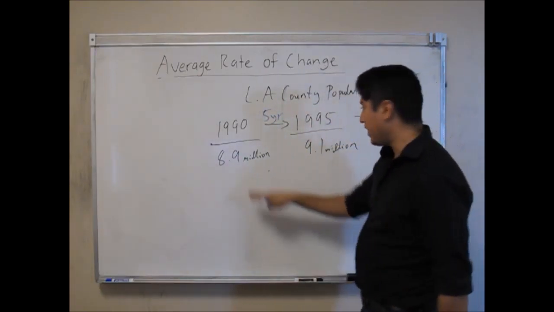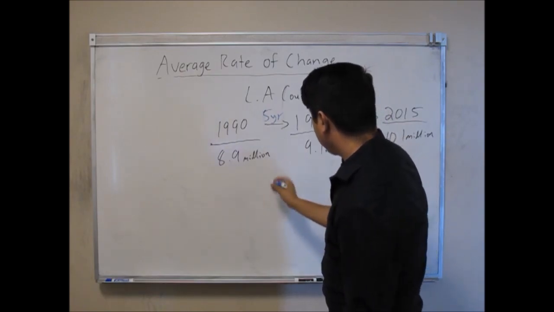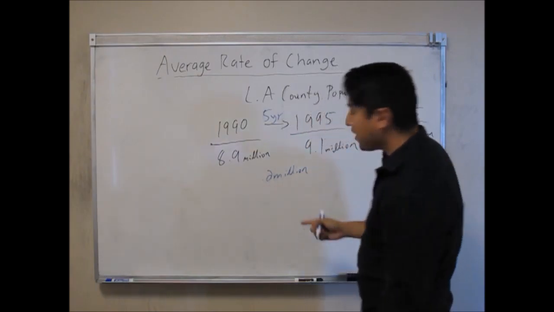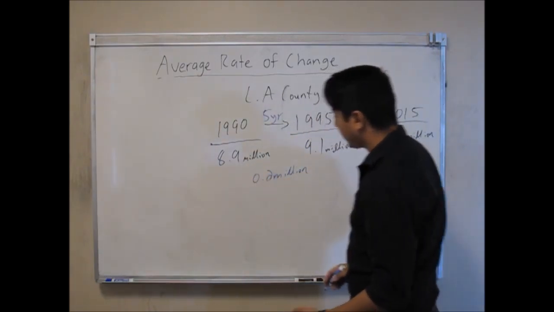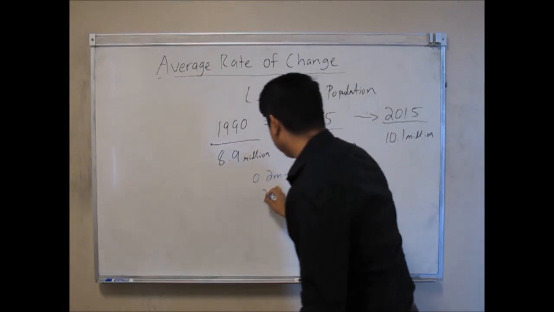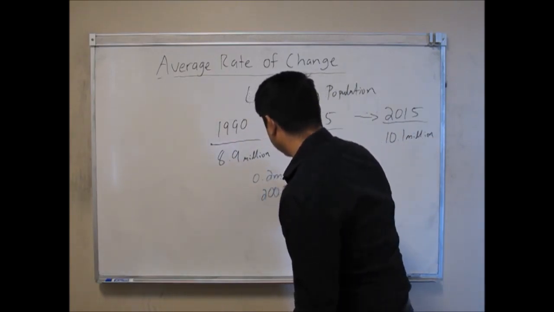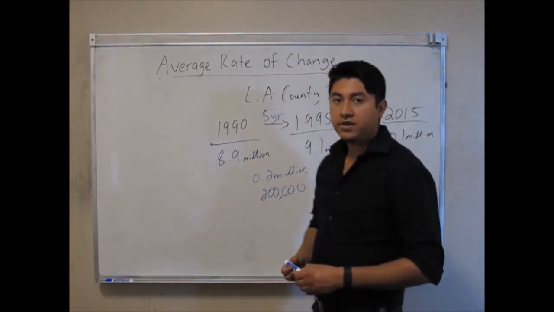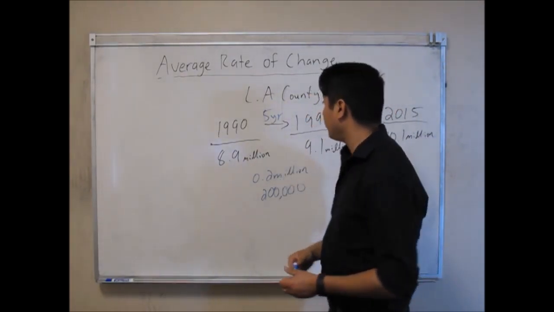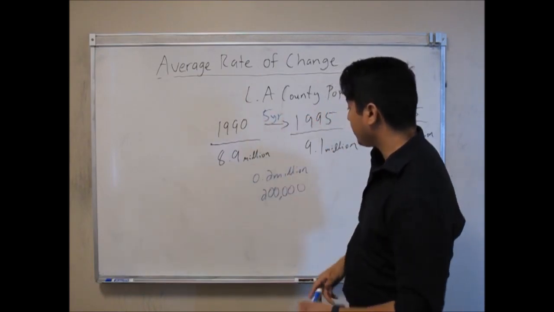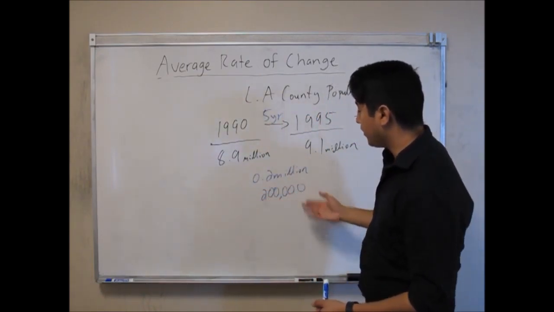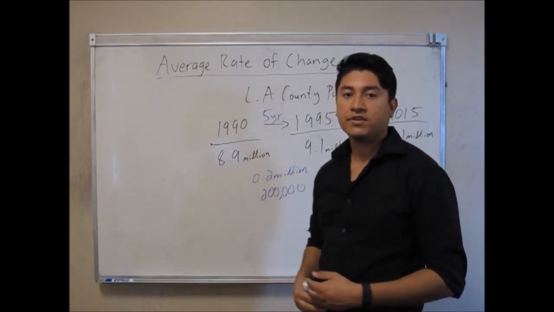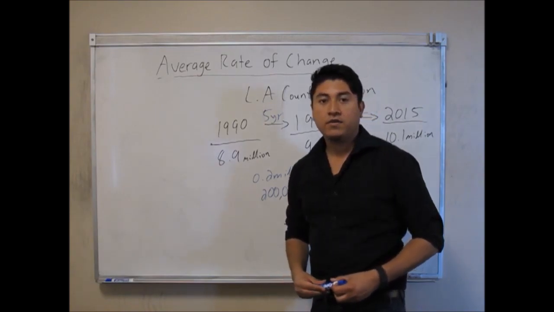The population grew from 8.9 to 9.1. That's a 0.2 million increase of people. But I really don't like decimals, so I'm going to change 0.2 million to 200,000, because that's the same thing. So, thinking about it for a minute, from 1990 to 1995, in 5 years, our population growth was 200,000. Another way of saying that is our average rate of change of people with respect to the amount of time that passed by